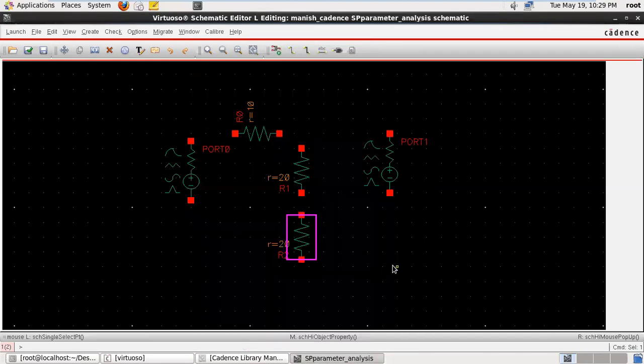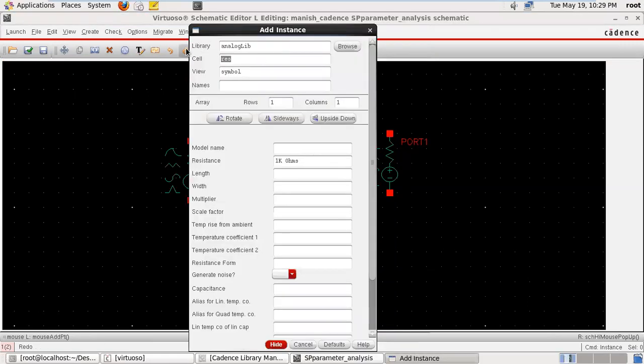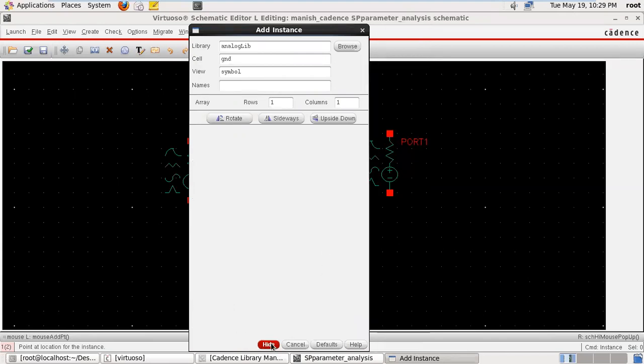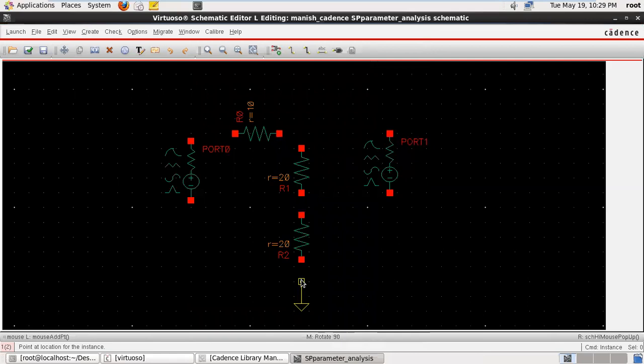One more ground is required, so go to the library and take the ground. That is my ground. Escape, take the wire by pressing the W key. We are connecting our circuit first.